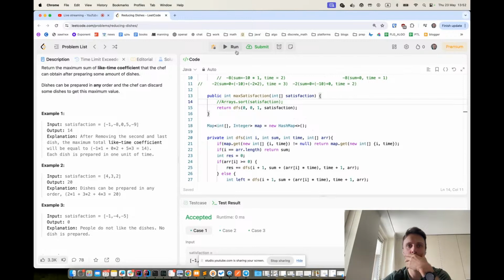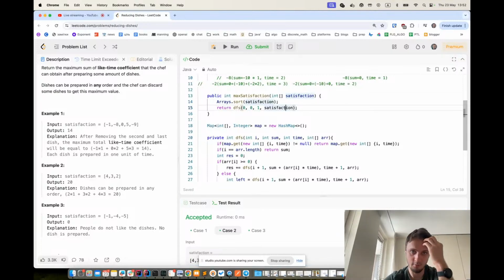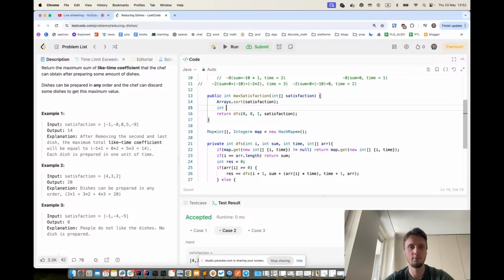What if I will not sort it? Yeah, so if I will not sort it, its output would be like this. So I definitely have to sort them. Yeah, what if I will not sort them, but I will try what I will try to do. So I will try to find first not negative,